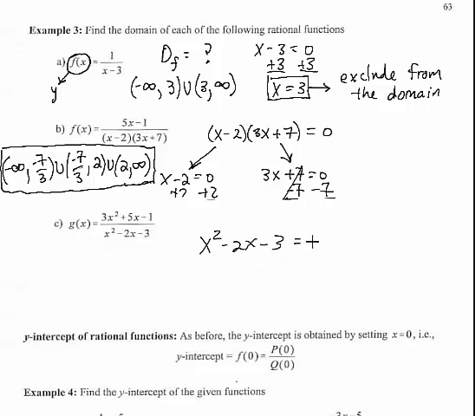So we'll just worry about the denominator as we have for the other examples. X squared minus 2x minus 3 equals 0. Likewise, you could also say, well, we don't want this to be 0, so you could put a does not equal sign. So if we don't want this to be 0, then